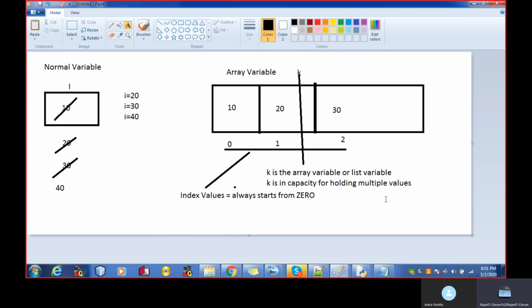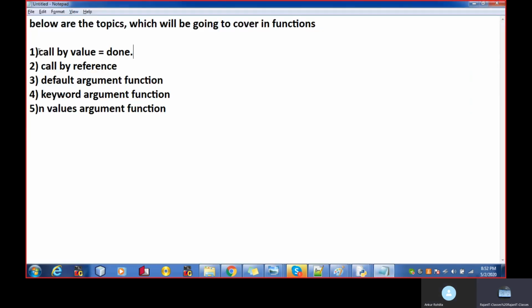As I said before, before jumping on the concept called by reference, we have to cover the difference between the normal variable and the array variable. And now I hope I have made it clear what the difference between them is, right? Your normal variable follows the concept called by value.